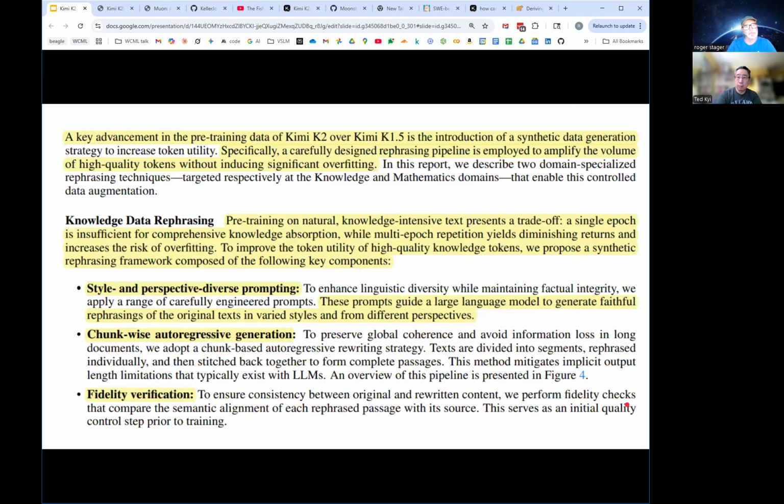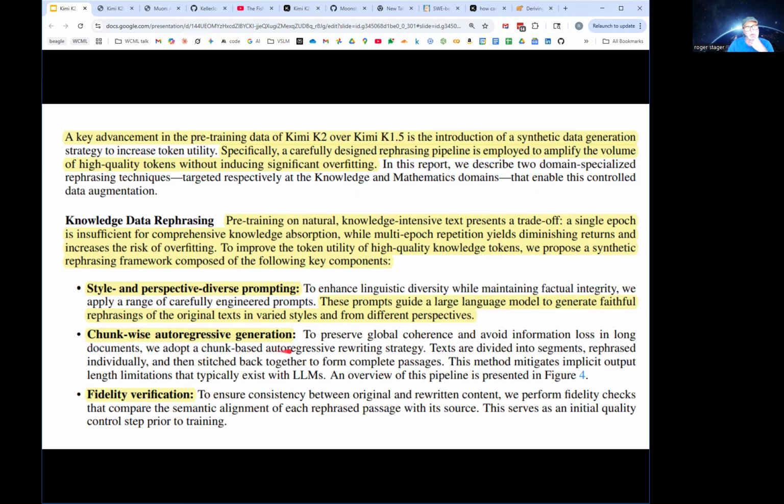Okay. All right, so then we move on to some of the training stuff. Again, they talk about synthetic data used during generation. This is an interesting thing where they talk about rephrasing. Apparently they're going through their data, taking their input training data, and using, I think, the Kimi 1.5 model to rephrase the training data basically. And it's prompted to do these types of rephrasing.